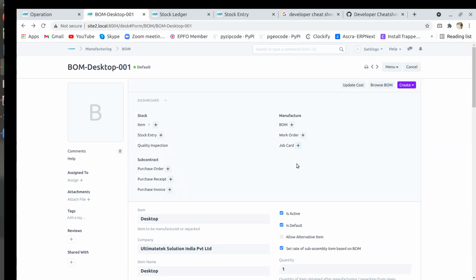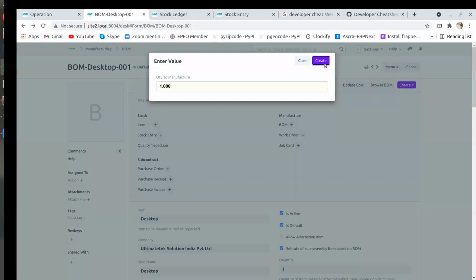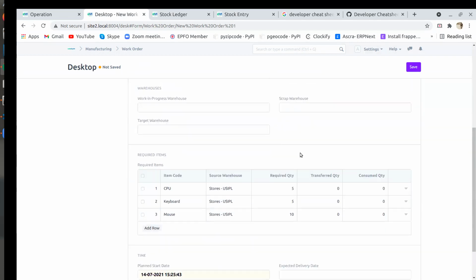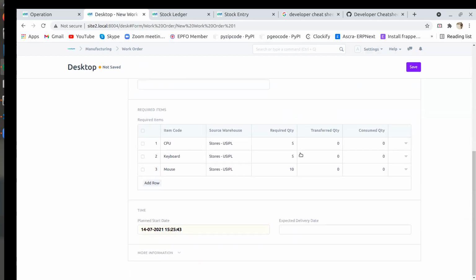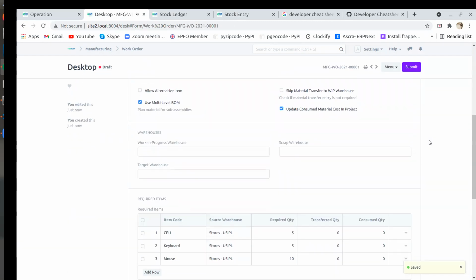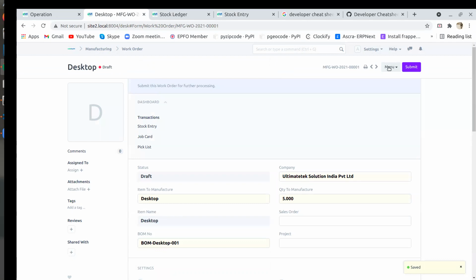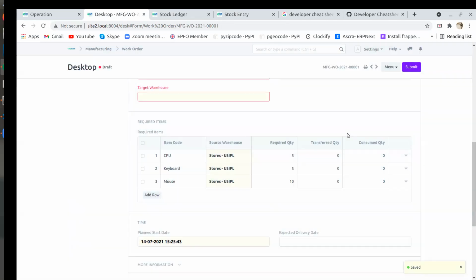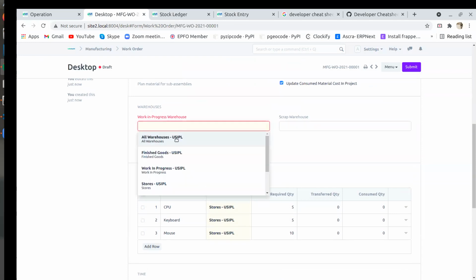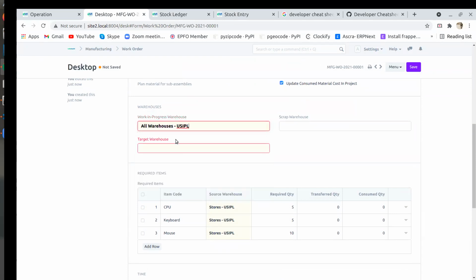Just make a work order without any operation. Yes, without operation. 5 quantity, 1 you made. Okay, make it 5. Everything has come. You have to transfer the quantity. Once we submit the document, the work order is in progress. Everything is linked with each other, sir.